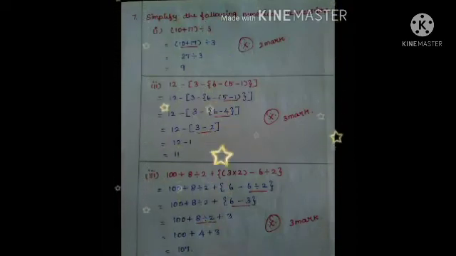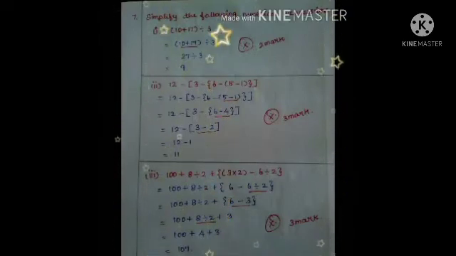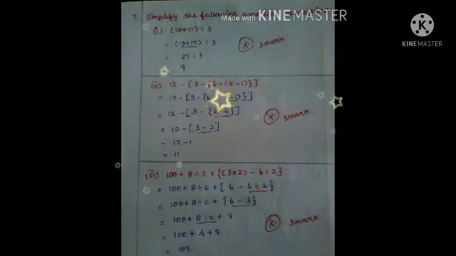Bracket 10 plus 17 close bracket. In that question, first we want to complete the bracket portion only. So what is inside the bracket? 10 plus 17, how much? 27. Now we want to divide this number by 3. 27 by 3, how much? 9. 9 3s are 27. So the answer is 9.